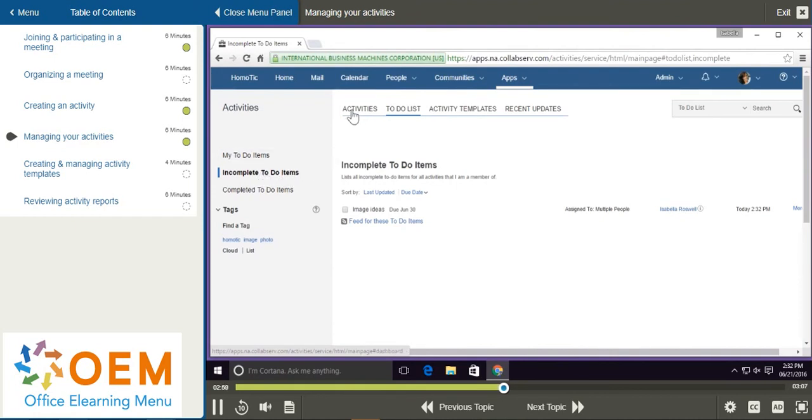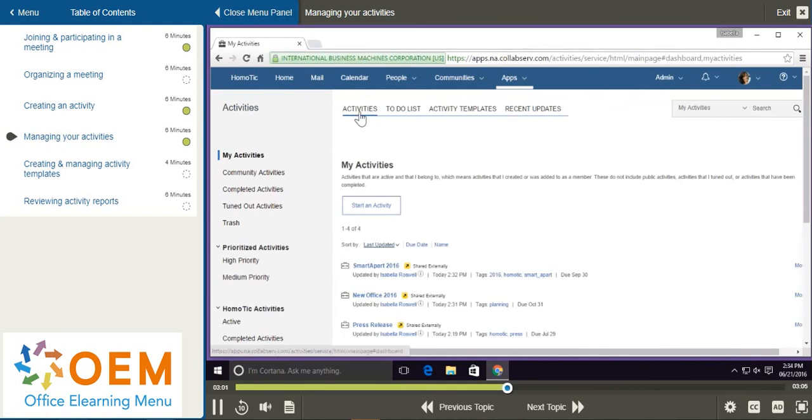and select Activities. So if some of my activities are more important than other activities, I can change the priority level. To do that, I can go over the activity I'd like to change and simply select the